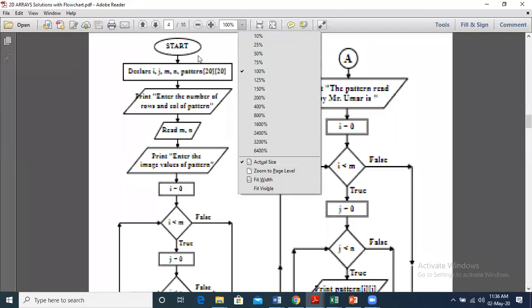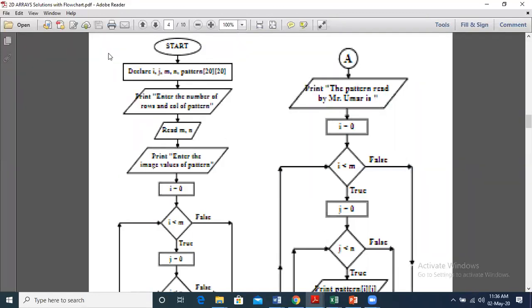Yes. So here I have shared the same file in your class WhatsApp group as well as Edit. Please go through that also. Okay, so the first part we have declared. There are two parts as you can see. The first part is to take input. Before we take input, we have to declare, right? The same program. We know the declaration symbol, right?